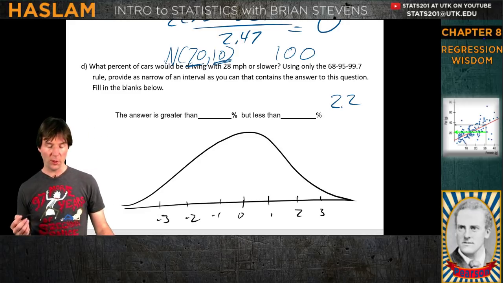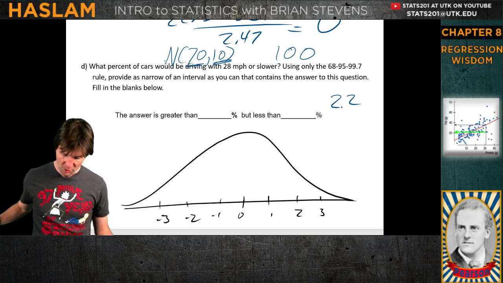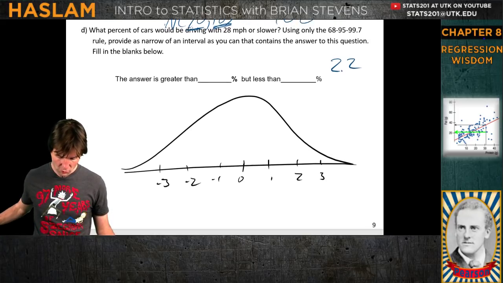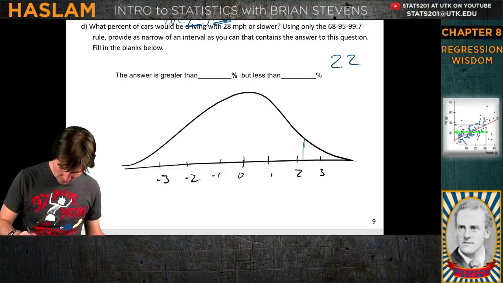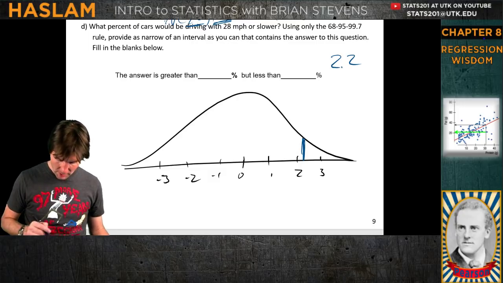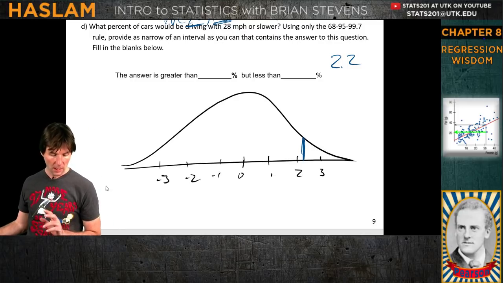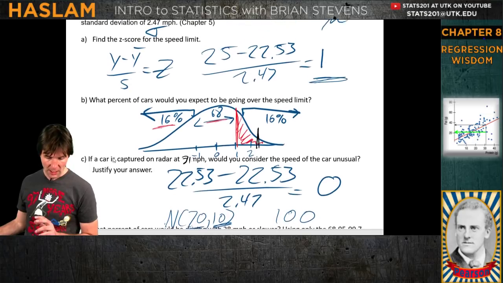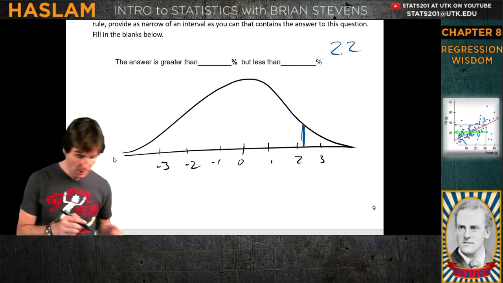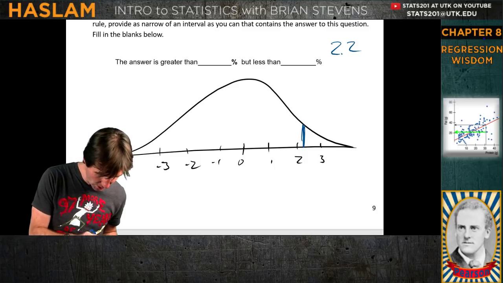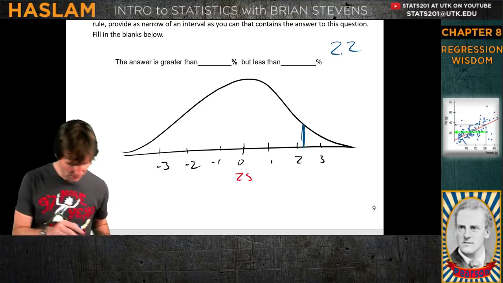And now what we're going to do with our curve is draw our line. I'm going to do one more thing on the curve too. We're going to draw our line right where the z-score we found was, right here. Now I'm going to do this because this is how I would do it on the test. On the test, I would take the number 2.47 and put this below it too. Remember how I was drawing earlier with the context? So it's 25, or nope, 22 point something.